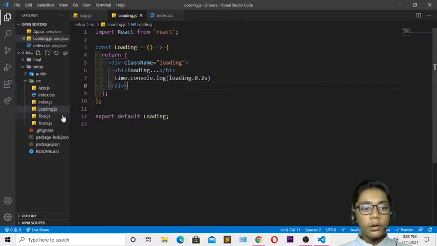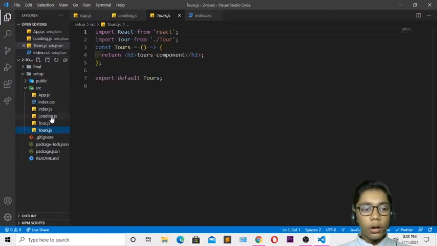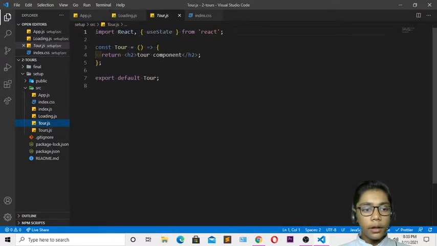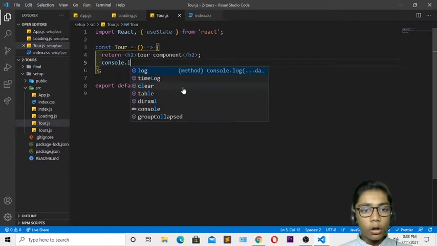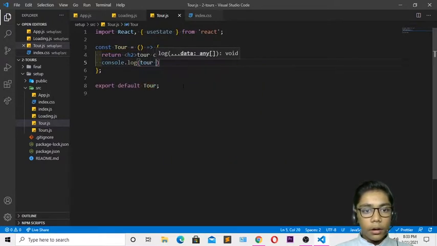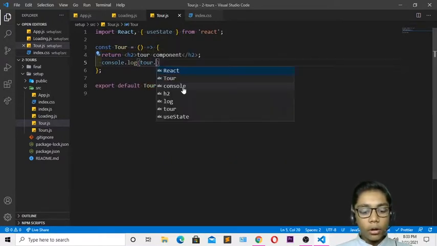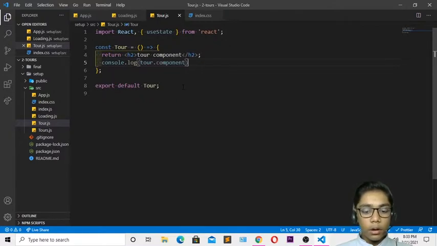When you've done that, you have to just do one thing, you have to go to your tor.js file which we have created, and now over here, you can see that we are in our component. Over here I will be pressing enter, then you have to come underneath and create a file which is called console.log, then write over here like that. So when you've done that, write dot component, because we have to also define this component file with this tor. So I will be doing that, and I will be pressing enter.